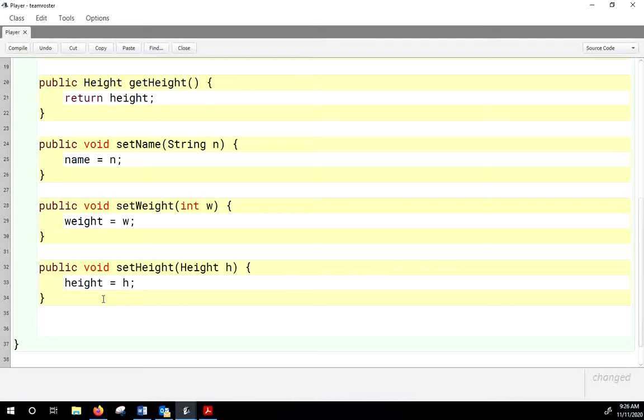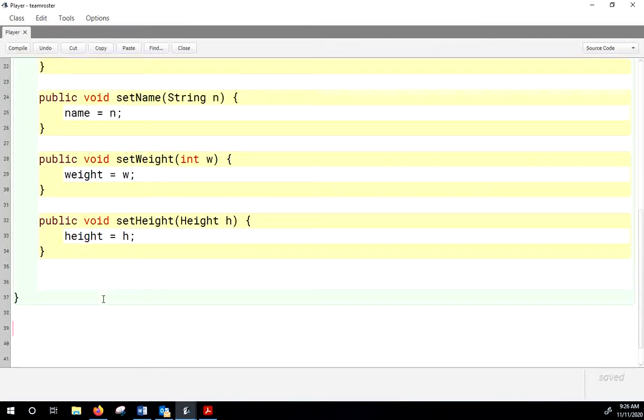Well, let's override it, actually, because we are overriding a method. toString. So to describe a player, I think what we should have is their name, their weight, and their height. So we'll say return